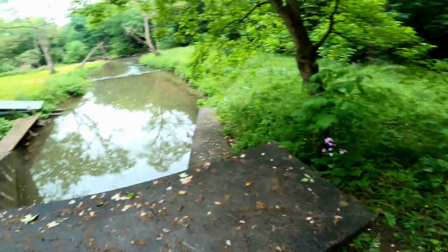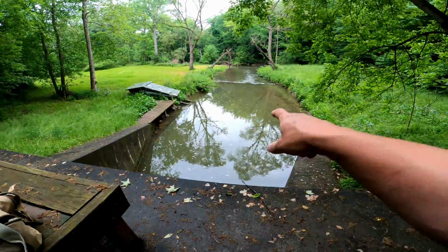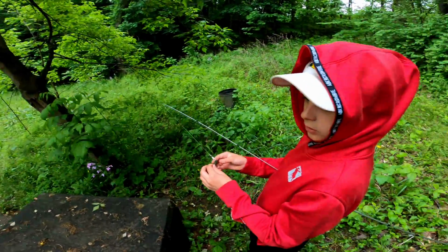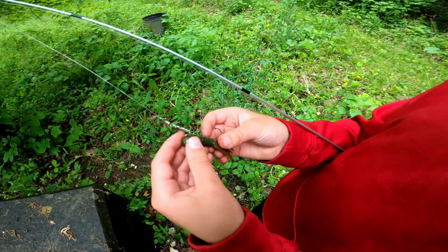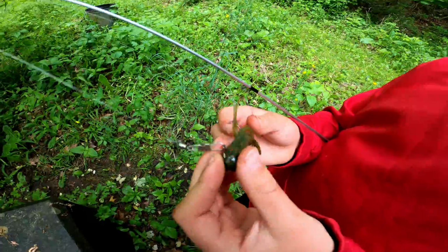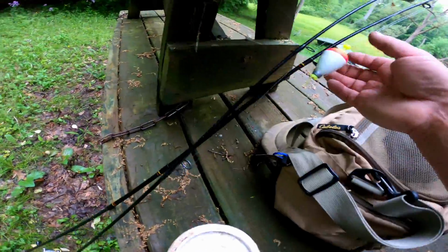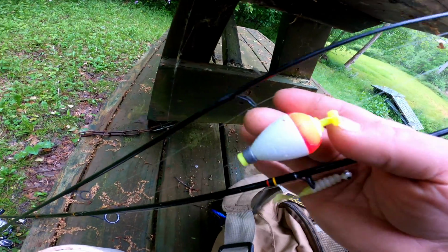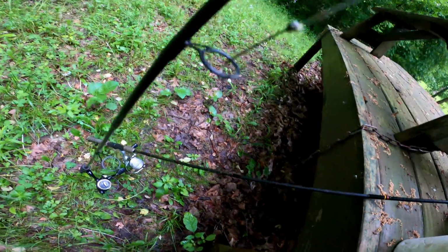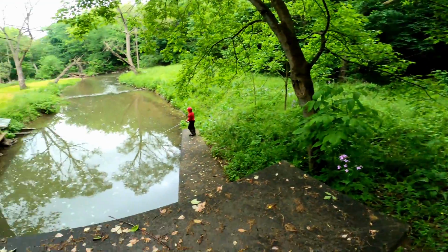All right, guys, we made it to our spillway down here. It's a peaceful, quiet night. We see fish jumping all over down here. It's gonna be a good night. Colton's gonna start off with what? What do you got? A tube jig, and it's the perfect size for rock bass. Cool. So, yeah, Colton's targeting rockies, and we got a little bit of worms, and I got two different setups here. I got a little jig with a little swim tail on it, and I got a bobber with just a bare hook here, and try to mix it up a little bit and see if we can catch some good panfish. So Colton's getting started already down here,